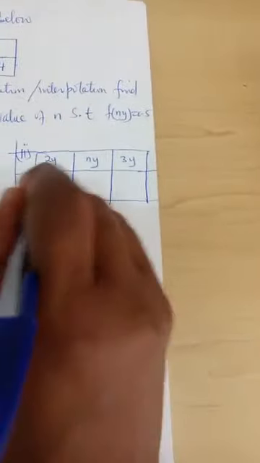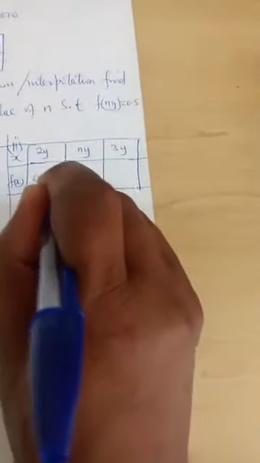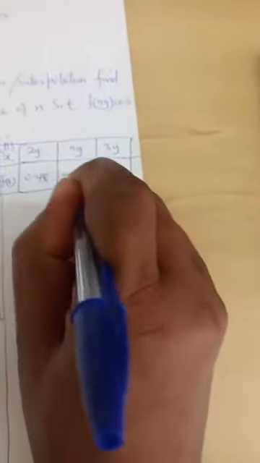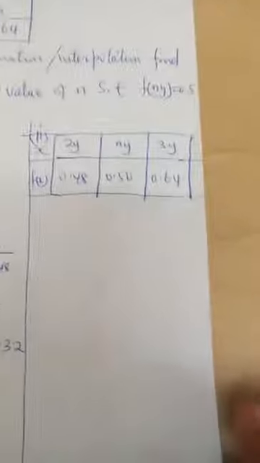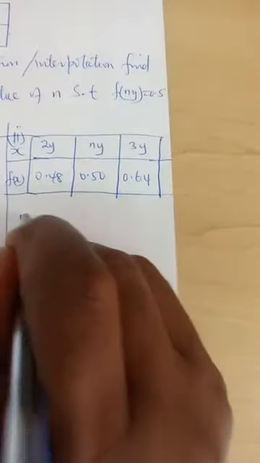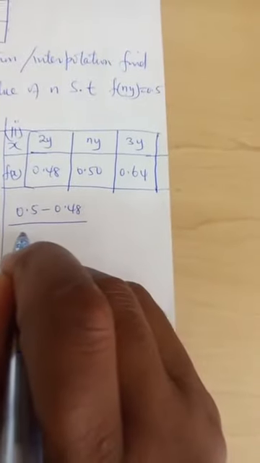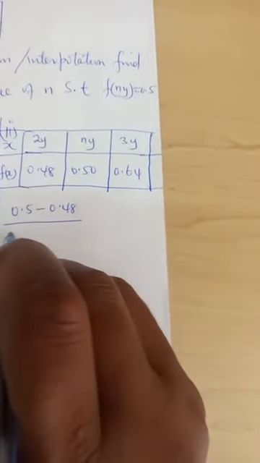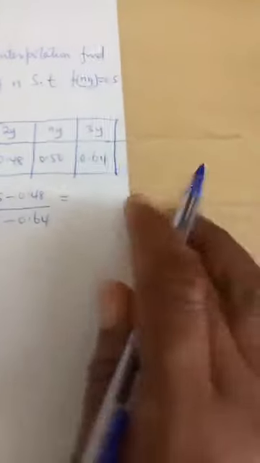We shall have this arrangement where this is x, this is f of x. For 2y I have 0.48, here I have 0.5, and here I have 0.64. And I want to show you that the order does not matter here. I can choose to use 0.5 minus 0.48 over 0.5 minus 0.64 should be equal to